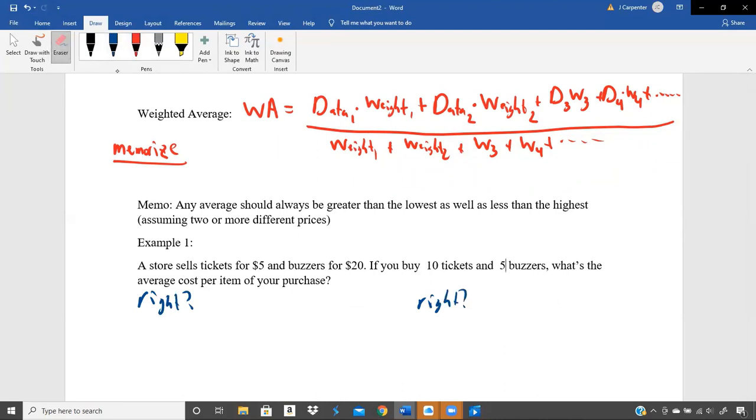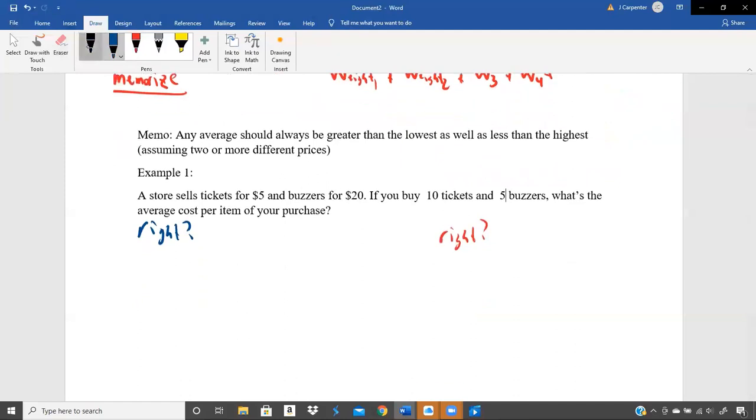Actually, I want to do that one in red. All right, so for the left version, we're going to call the weight. What are the two different things? We have the number of items purchased, which are the 10 and the 5, and we have the costs, which are 5 and 20. So let's say for this blue one,